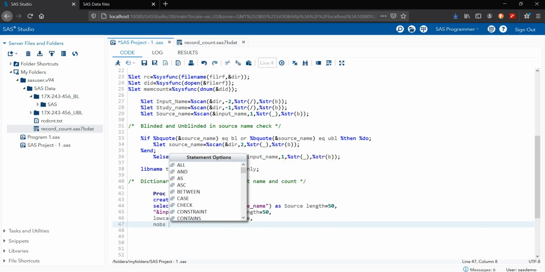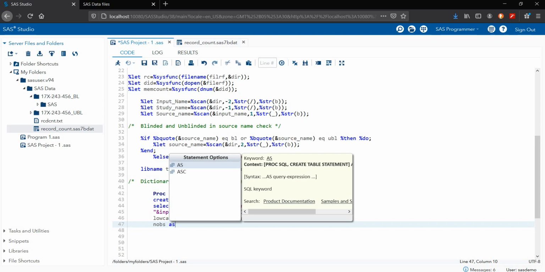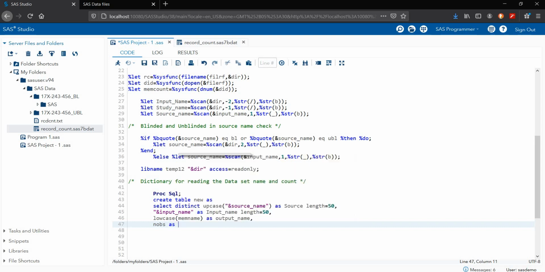Next is number of observations, NOBS. This is a feature of the proc SQL dictionary command. NOBS means number of observations.